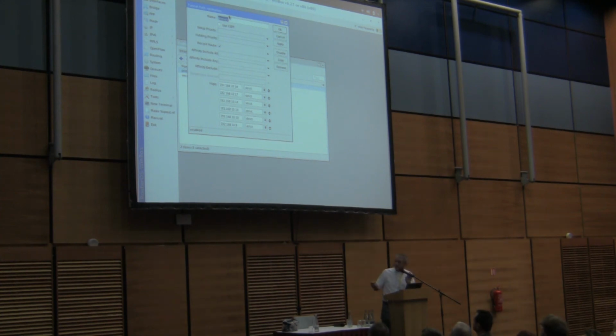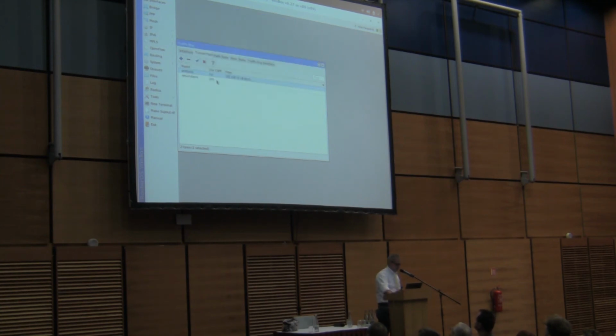So we defined with all the IP addresses, the ingress IP address and the egress IP address of each router, and this configuration will define that the flow goes through that sequence of routers here. And for the second path, we use the path established by OSPF.